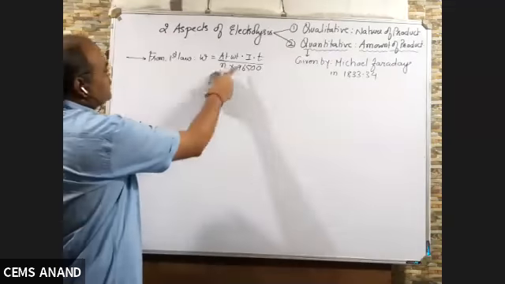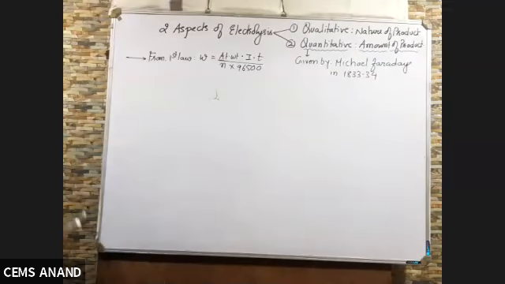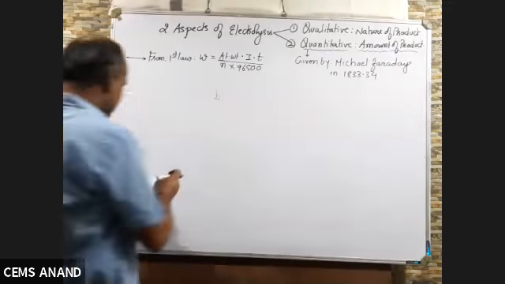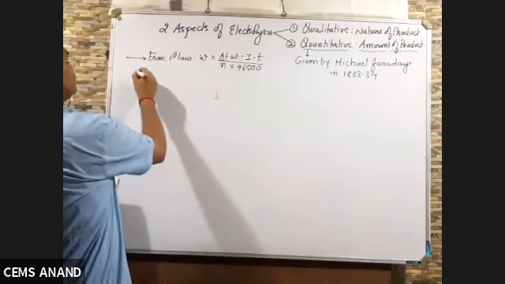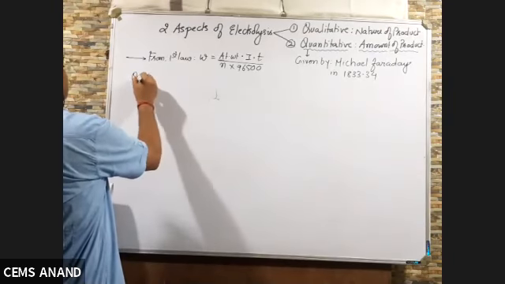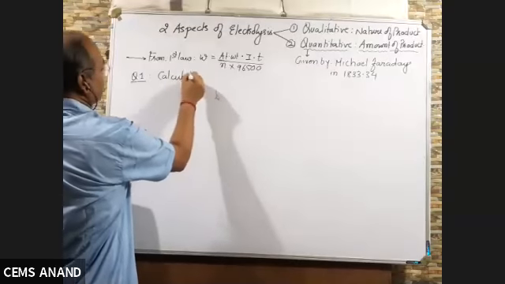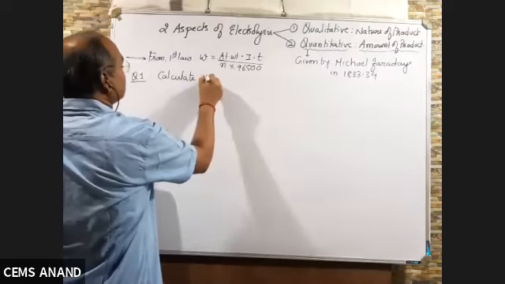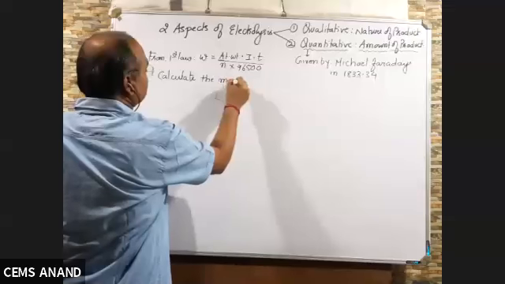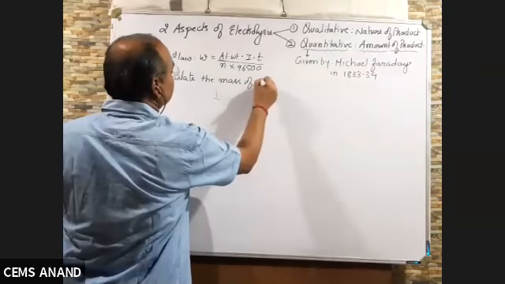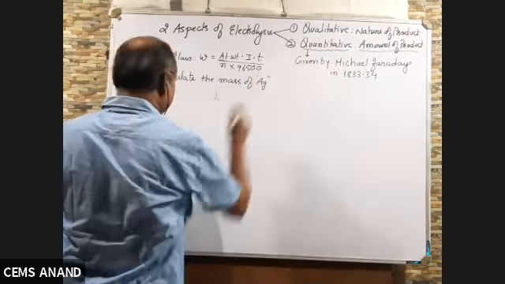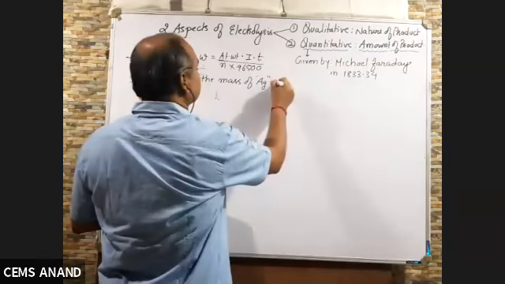So now using this formula, we'll solve the numericals. Numerical 1: calculate the mass of silver, Ag, deposited